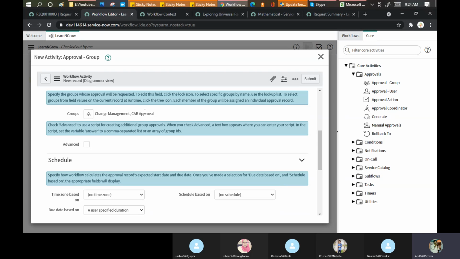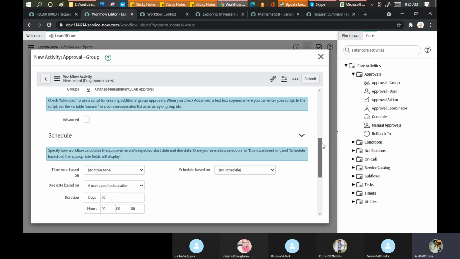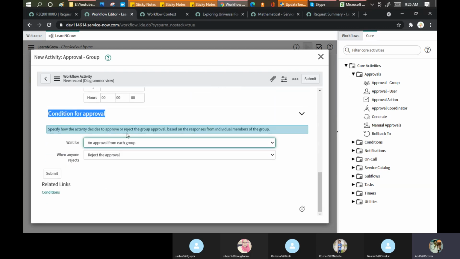Now to get a new car, he needs approval from everyone, or if approved by his mother, or approved by his father, or approved by his brother, or anyone from these three says yes at first point, I will go. Either brother, sister, brother, father, or mother. So these things we are defining in the condition for approval.